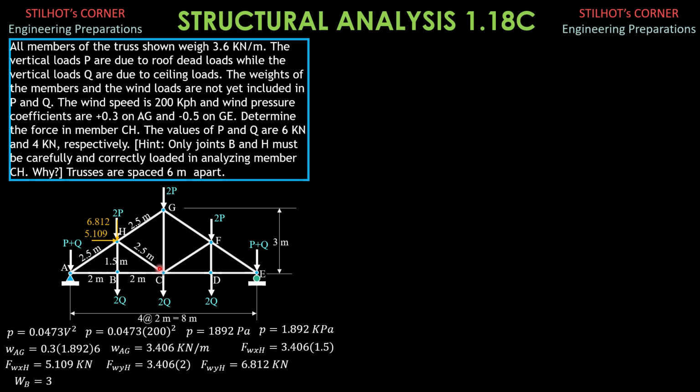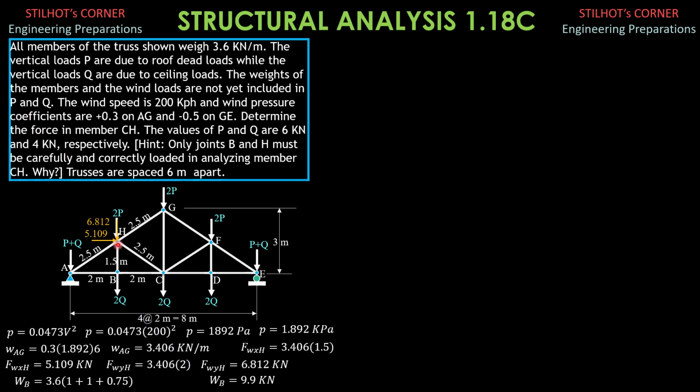So weight at B is equal to 3.6 kilonewton per meter times quantity 1 plus 1 plus 0.75, where the first one is half of AB, half of 2 meters, to be transmitted at B, half of BC, which is 1 meter, half of 2 meters, and half of BH, which is 0.75 meter. There are 3 members attached to joint B. So this should also be half of the length of the 3 members attached to B. So it is equal to 9.9 kilonewtons, and that's downward.